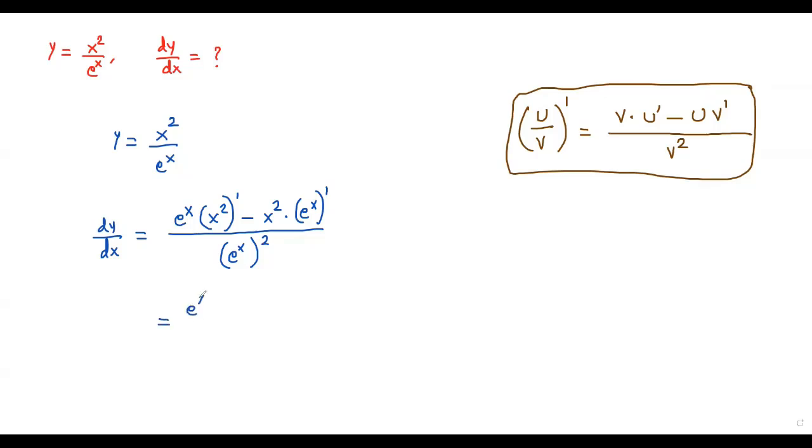Okay, now the derivative of x squared with respect to x is just 2x, negative x squared, and the derivative of e to the x power is just e to the x power, over e to the x power the whole